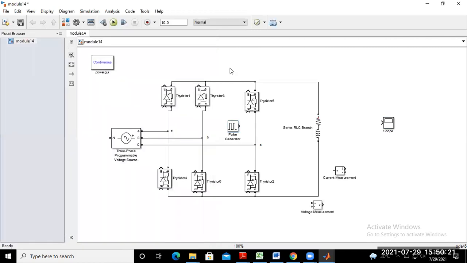Now we create 6 pulse generators for the 6 thyristors. So just create 6 pulse generators here.